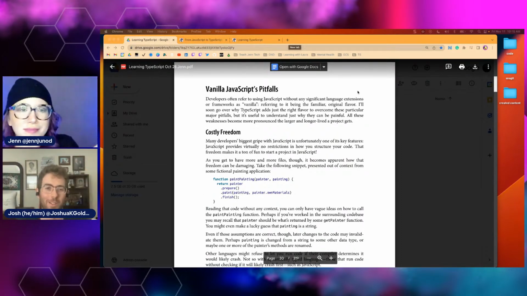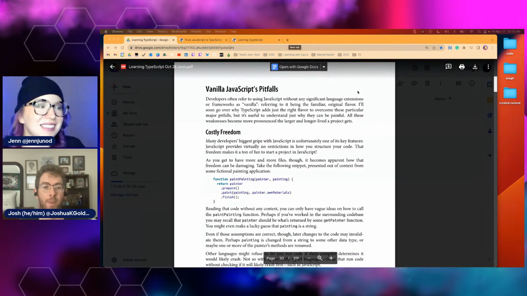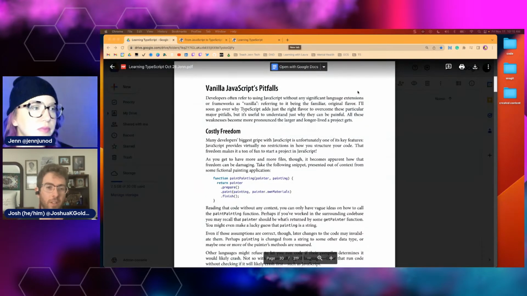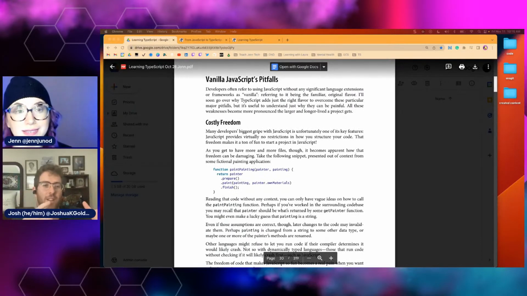That's a very good segue into some of the pitfalls of vanilla JavaScript, which is actually kind of a bad term because vanilla is a legitimate good flavor on its own. But people say vanilla JavaScript and mean just the plain. When you just have JavaScript, you don't have anything else. You can do whatever you want. You can YOLO it, but then it's really hard to change stuff later on. And there's no way, in vanilla plain JavaScript, to tell JavaScript what something is supposed to look like.